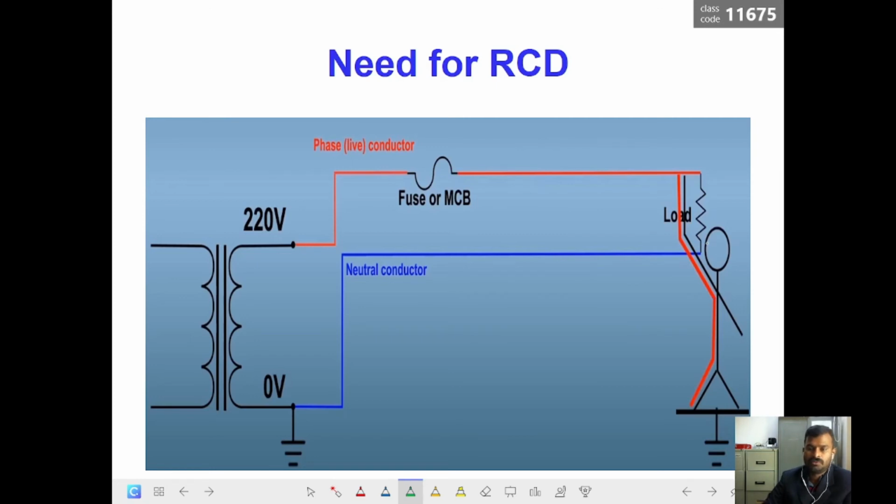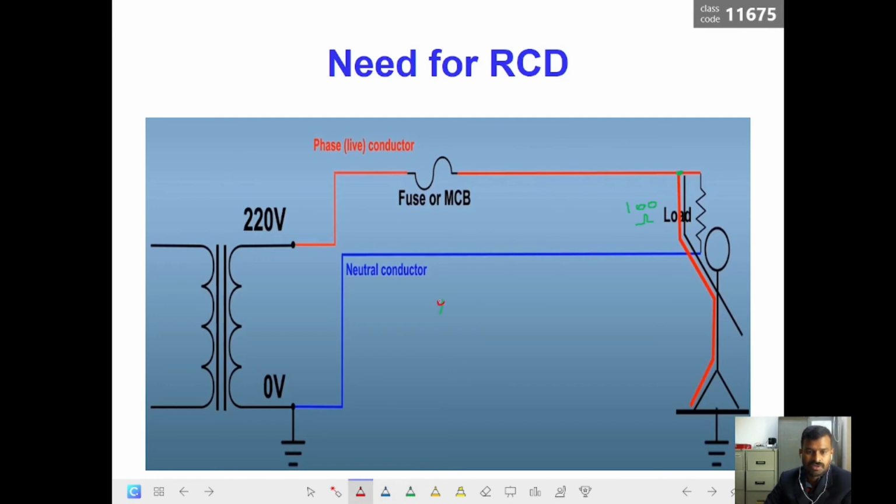This human who is working on this machine touched the live conductor here. He touched the live conductor here. So when he touched the live conductor, say for example, this load has 100 ohms of resistance when it is normally operating. So now the normal operating current, I can say,